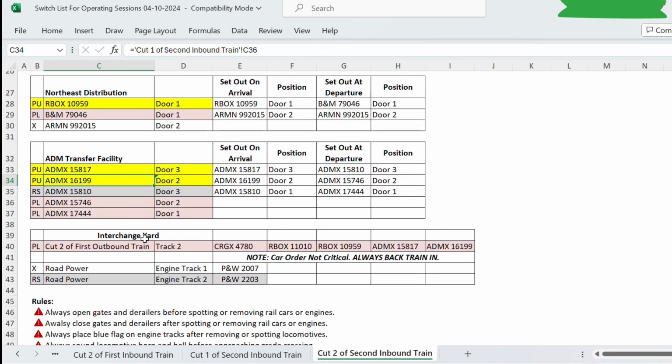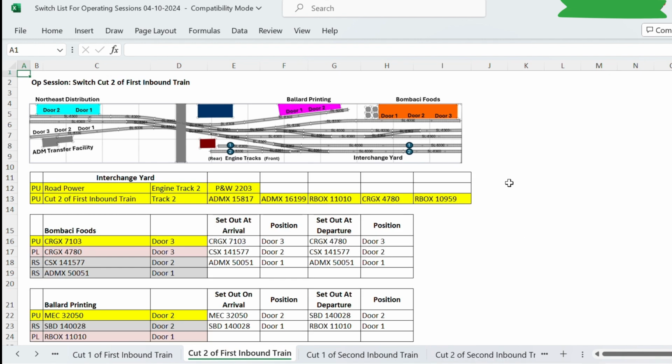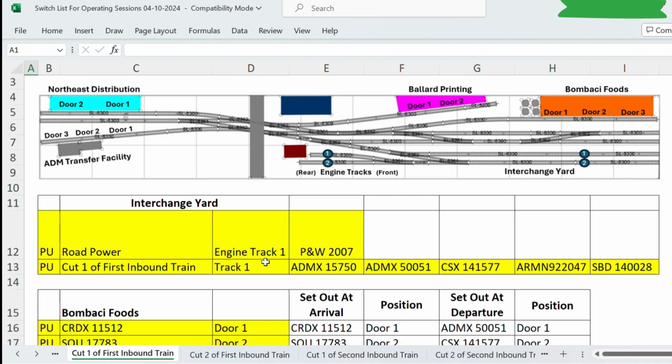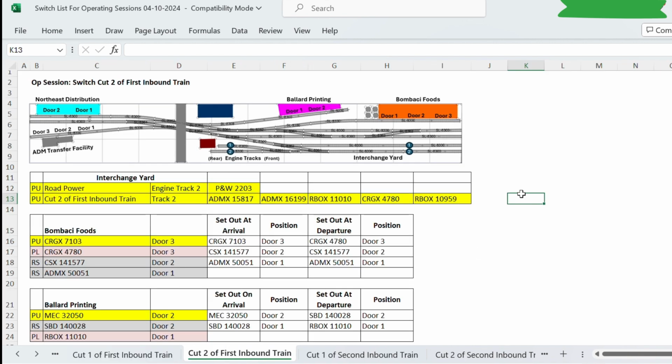So at this point, you've basically gotten back to where you were at the very beginning of cut 1 of the first train, if that makes sense. So just to double check my logic here and that the program works right, let's take these cars. This is what you ended with after 4 sessions in track 2. So let's copy that and let's go back to what track 2 looked like in the first round. Am I doing that right? So if I paste that here,